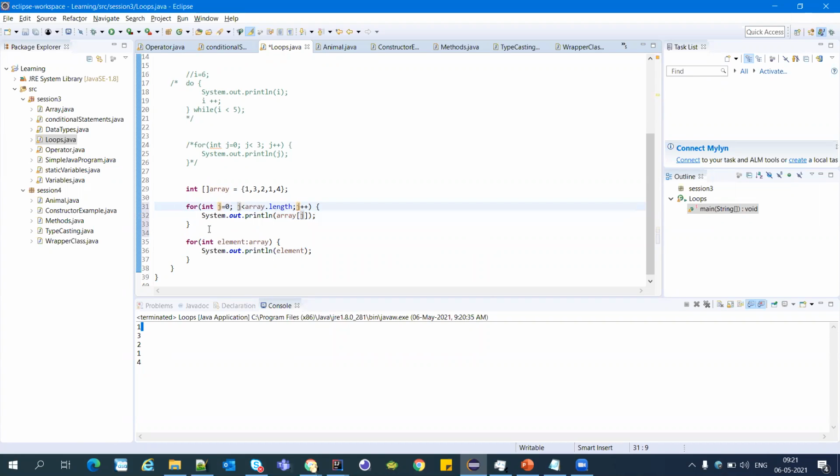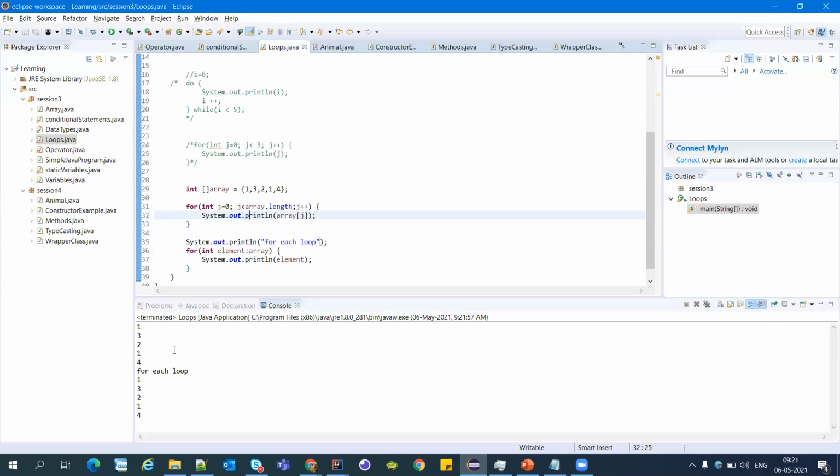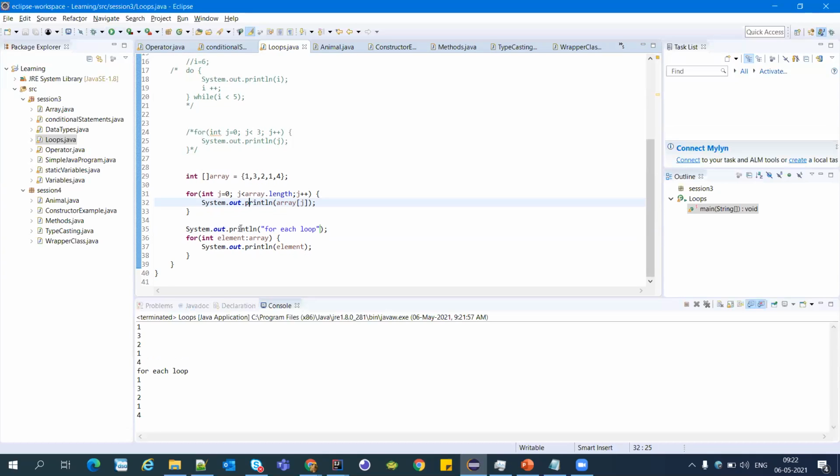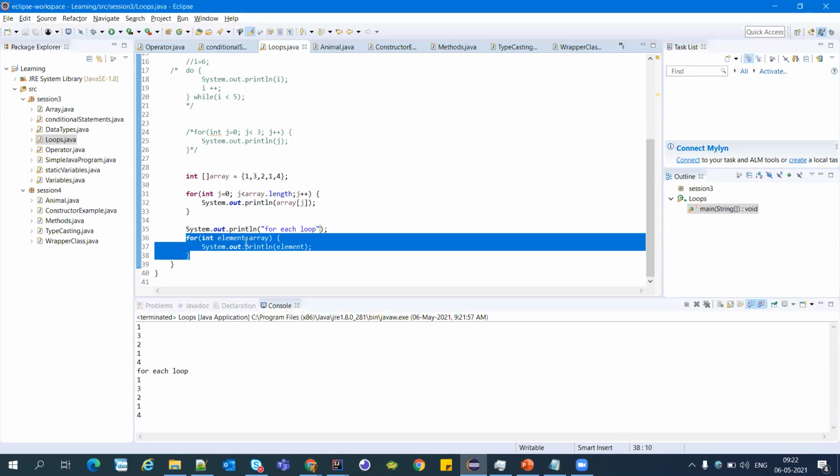So I will show you both. It will print a similar result, but we have to use these things instead of this. So it minimizes our effort. So we are using for each. This is the only difference between these.